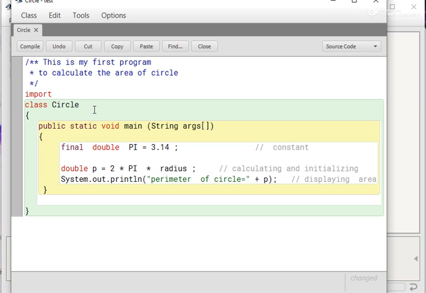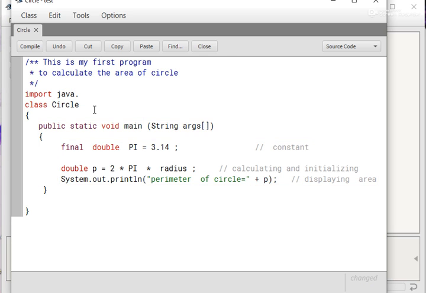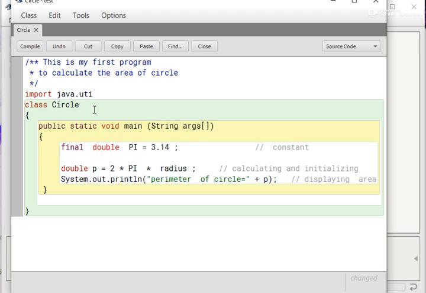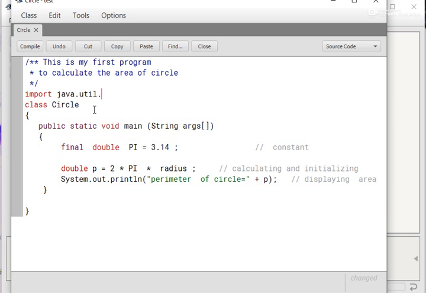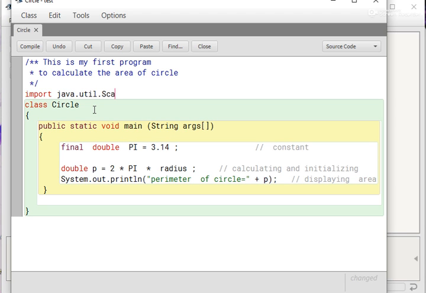Import java.util.Scanner; semicolon. This line imports the scanner class in our program.